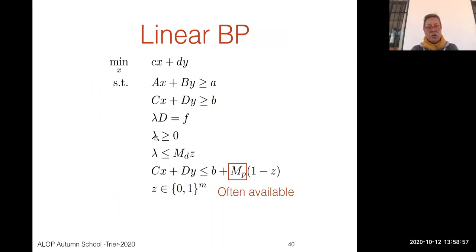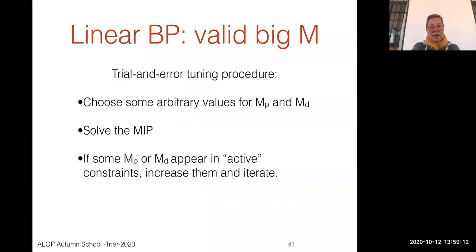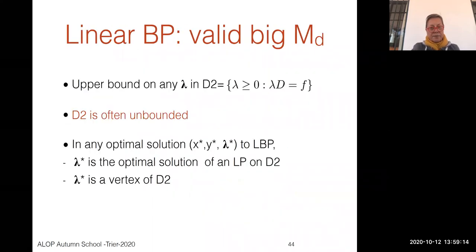Now I need to concentrate on those big M, which would be an upper bound on the value of lambda, of each dual variable of the second level. And so the difficulty: first, this trial and error doesn't work. Second, often